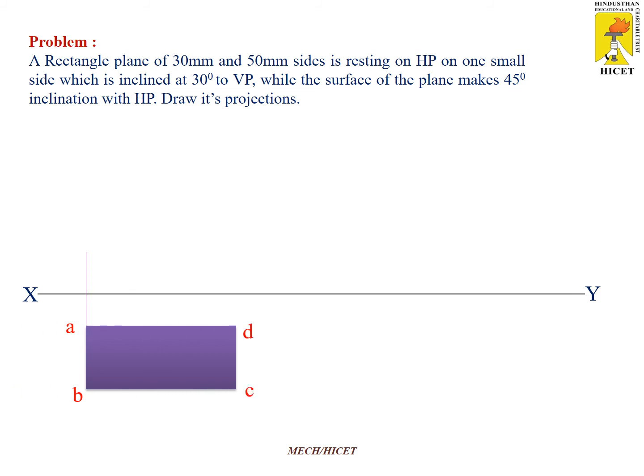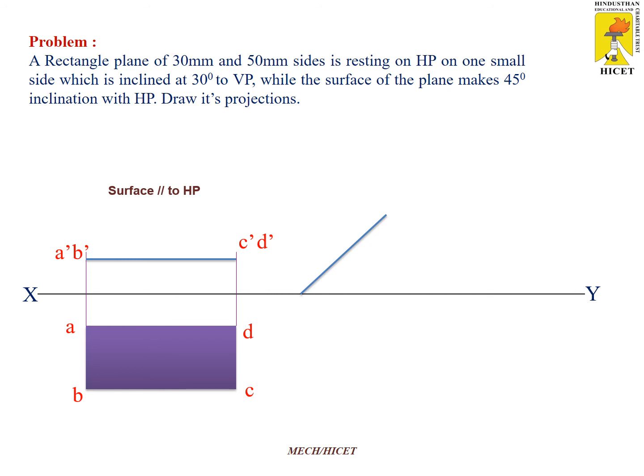After drawing this, you draw the reference line, and in the vertical plane it looks like a line only, one horizontal line. After drawing this horizontal line, you plot these points as 1 dash, 2 dash, like that. The particular surface is parallel to HP. Otherwise, you can mark them as A dash, B dash, C dash and D dash. Here I marked them as A dash, B dash, C dash and D dash.